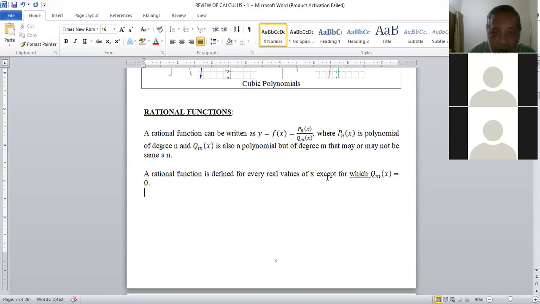If it is zero, then that rational function is not defined at that point. So any rational function has a restricted domain, and that restriction is in fact generated by the presence of this polynomial in the denominator. इस polynomial के जो कि mth degree है,